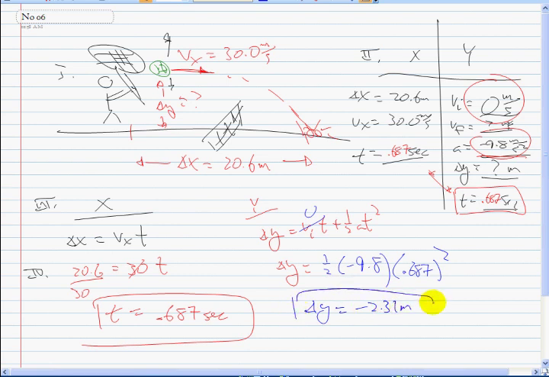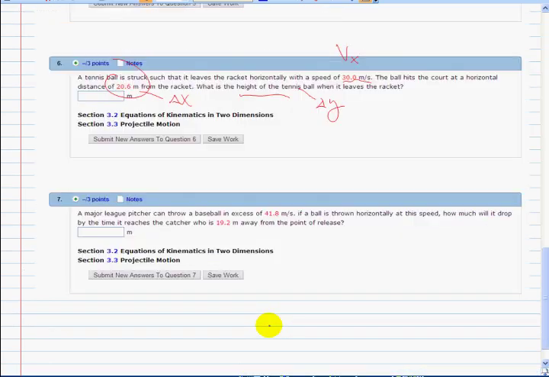as my final answer, but we have to make sure we answer what the question asks. It just asks, what is the height? Okay, so if the tennis ball fell negative 2.31 meters, then it leaves at a height of positive 2.31. It didn't ask for the displacement. So again, just answer what the question asks, and you don't have to worry about is it positive or negative. You don't memorize. Positive just means it's an up direction. Negative means it's a down. But this one's not asking for displacement. It just says what's the height. In a nutshell, that's